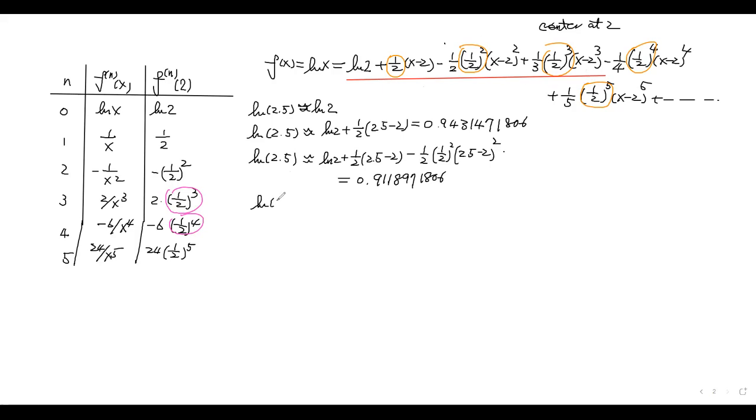Okay, so my last terms here, right? Let's see how close this one is if I use the 4 non-zero terms. It will just be the natural log 2 plus 1/2 times 2.5 minus 2, and minus 1/2 to the square times 2.5 minus 2. Now I add the last one, so it's 1/3 times 1/2 to the third power, and 2.5 minus 2 to the third power. Then I put it into the calculator. I will get 0.917